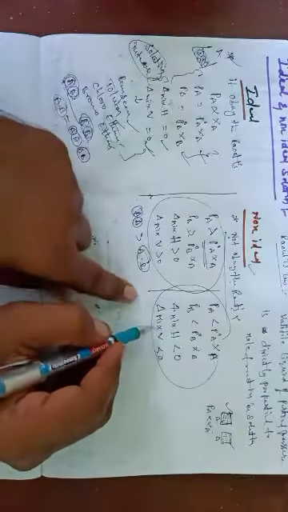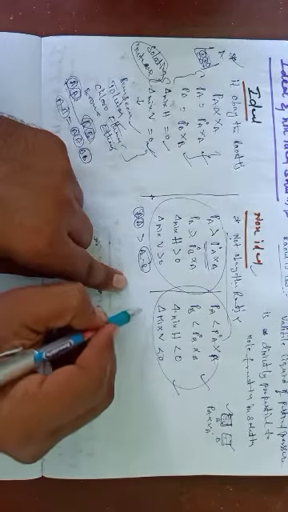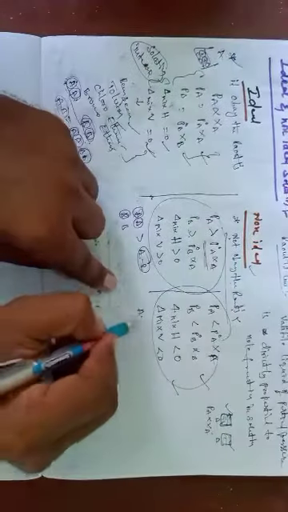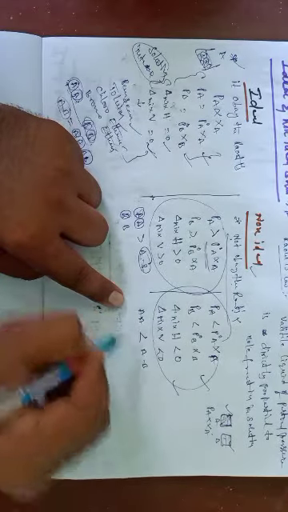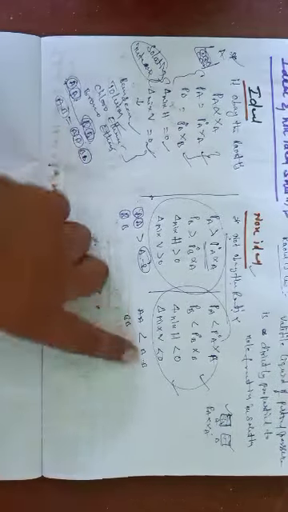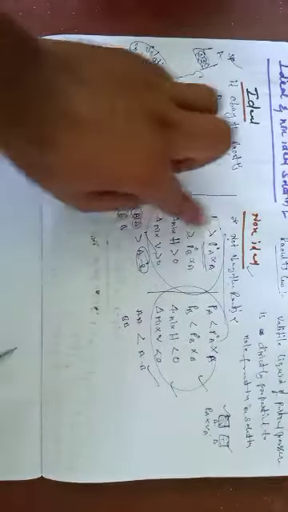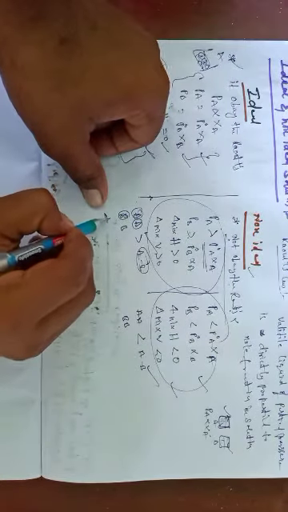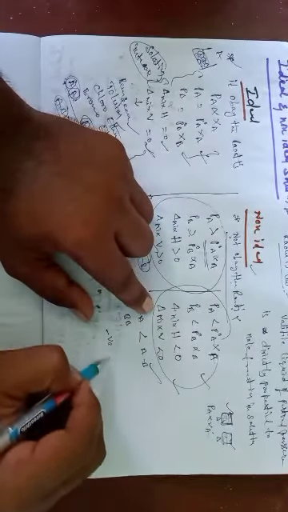In this condition, for a non-ideal solution, suppose this is the less than condition. The intermolecular attraction force BB also: AA is less than AB, or BB is less than AB. This is greater than, this is less than. These greater than values are known as positive deviation. Less than values are known as negative deviation.